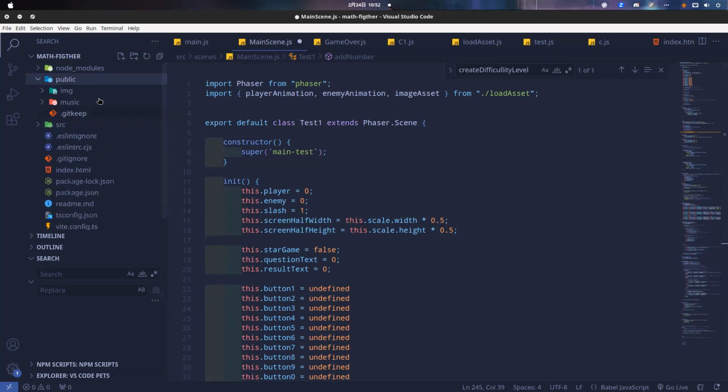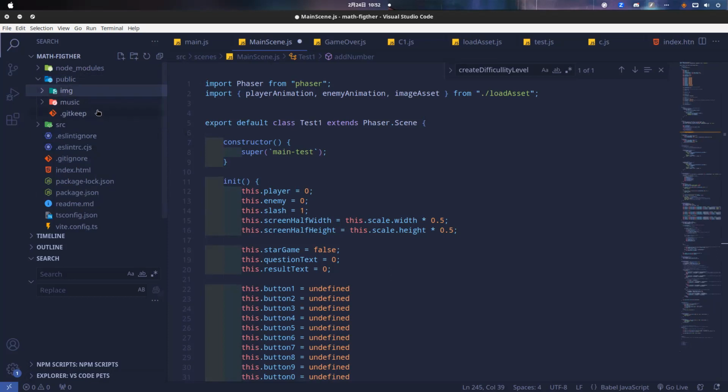That's why if you notice, in my public folder I have several subfolders, like img and music. I want to organize them based on file type, so it's easier when we want to use them.